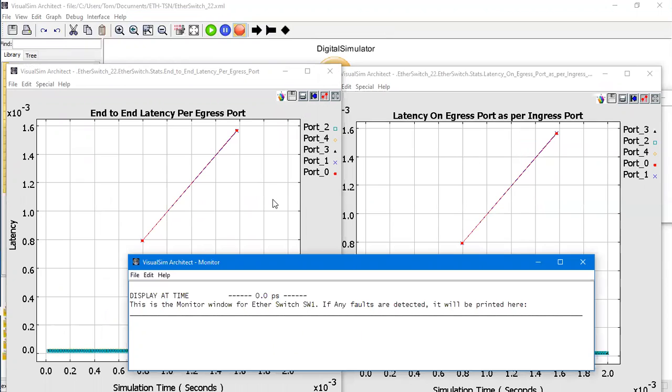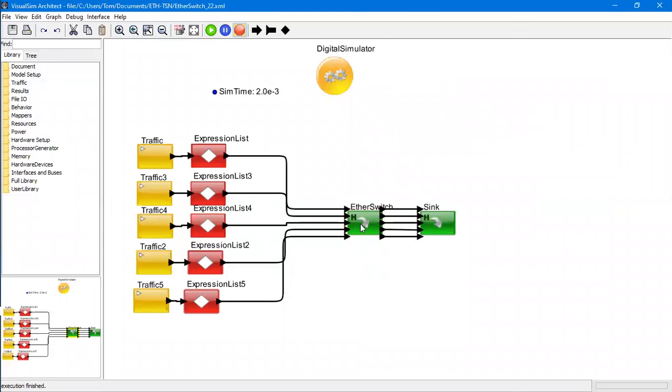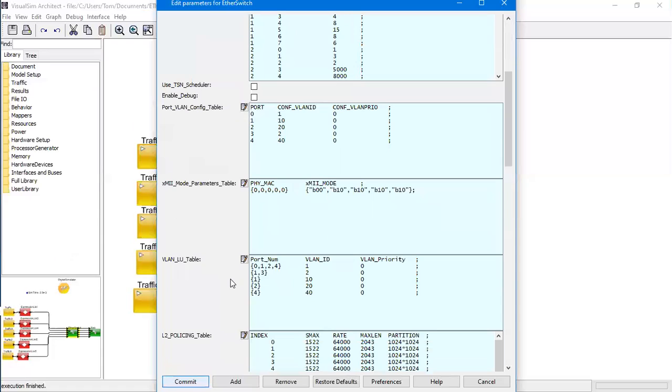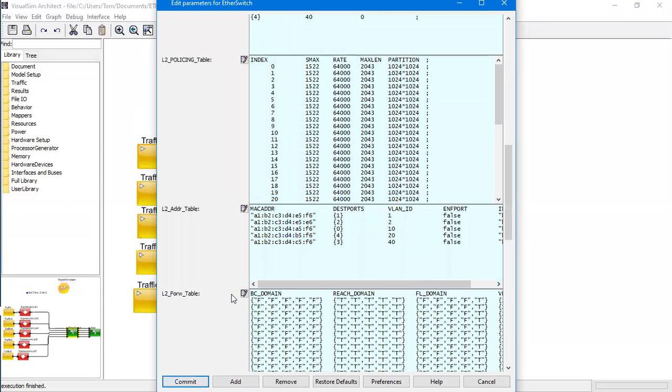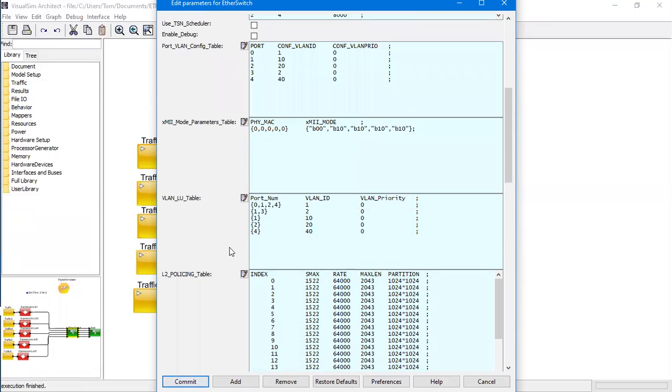So we can see how that has an impact here. The plots are going up, the latency is increasing because the interface speed is low, and you can see where that port is being. Let us take a look at the destination. We can see F6 VLAN ID 10 is sent to port 0. So the packets generated from port 0 as well as the packets going to port 0 will be causing a longer delay. That can be easily viewed there.